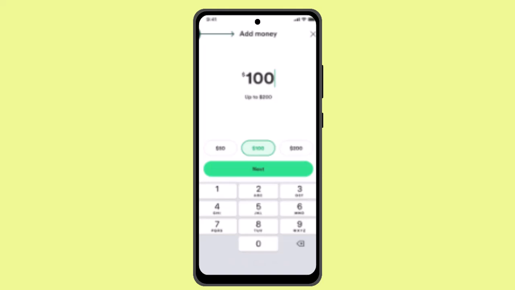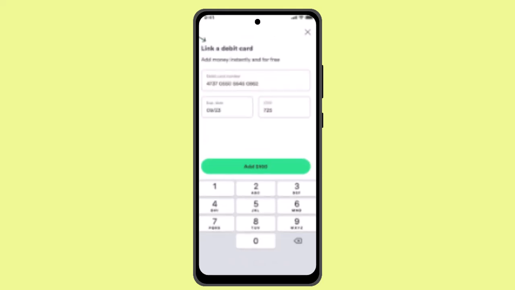When you click on Move Money, next thing you wanna do is transfer and click on Add Money. Once you do that, enter the exact amount that you wish to transfer. As soon as you've done that, you could either go ahead and link a debit card or you could manually type in one. So when you're done entering the information of the bank account, click on Add at the bottom